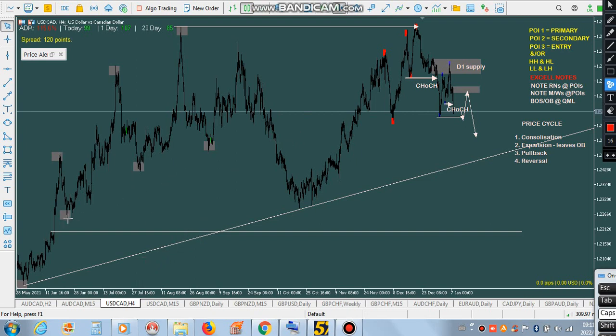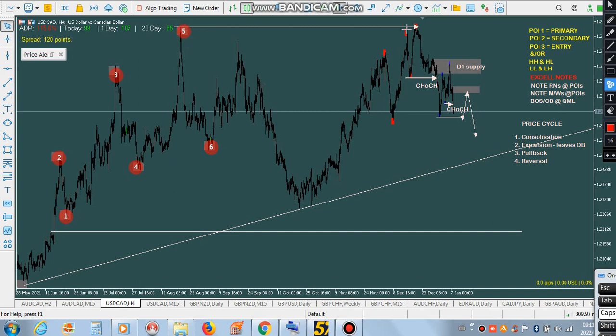Well, from here, if you look, price has been making higher lows, higher highs, higher lows, higher lows, higher highs, and so on until this point in time where it broke lower and it broke below this structure before resuming the uptrend. So as it was moving up, guys, you can see here it came and took out this